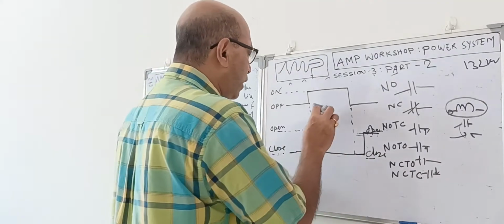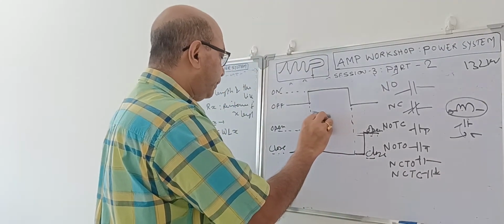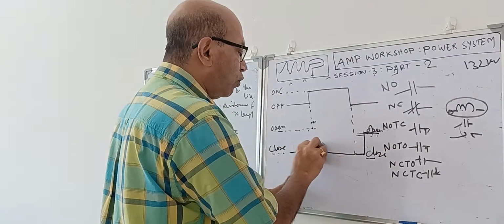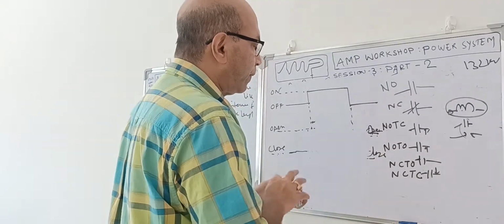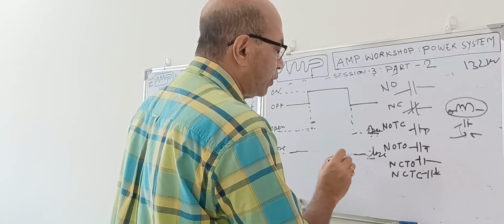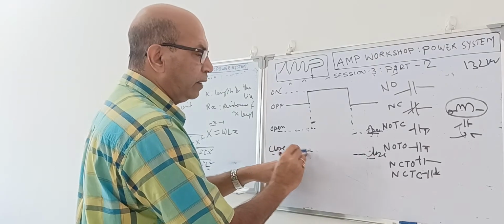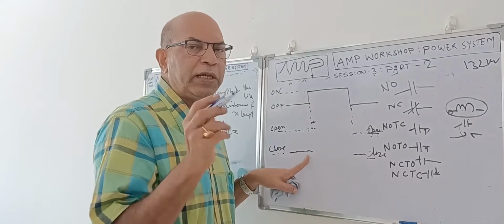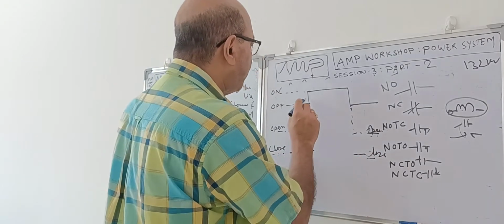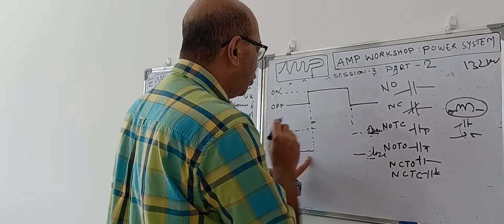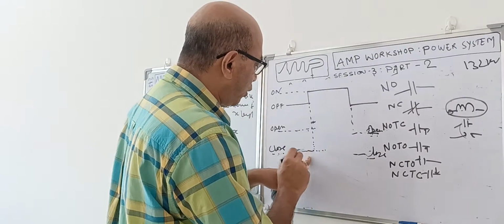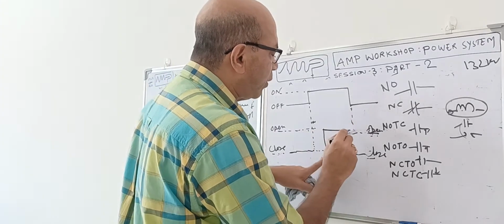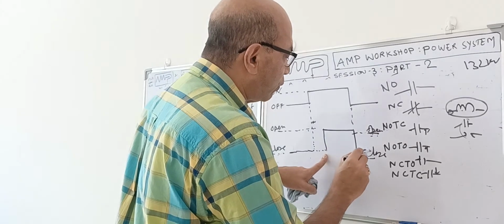Similarly, the last one, normally closed, time delay closed. How will it be? This was a normally open, time delay open. Okay, now we are going to normally closed, time delay closed. How is it? This is a closed position. Now normally closed means the contact is in this position, but when it goes from the closed to the open position, with a time delay open, it will take some delay to open. So in this position, when power supply comes up, it is supposed to go to the open position, but it will not go to the open position; it will maintain the closed position for some time more, then it will go to the open position. And the moment power supply is cut off, it immediately goes to the closed position again.